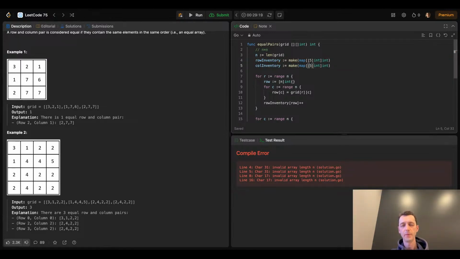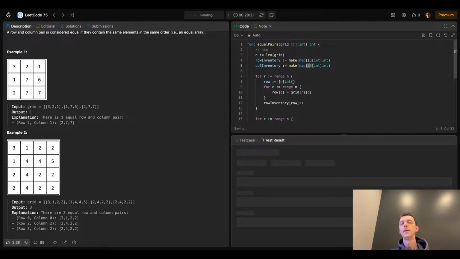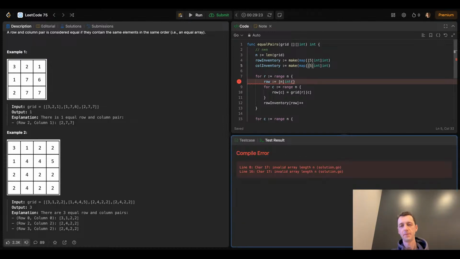If we put like 5 here, yeah, now it has a problem here, but yeah, it likes 5, but it doesn't like the integer for some reason. Why is that? What about if we put that instead of